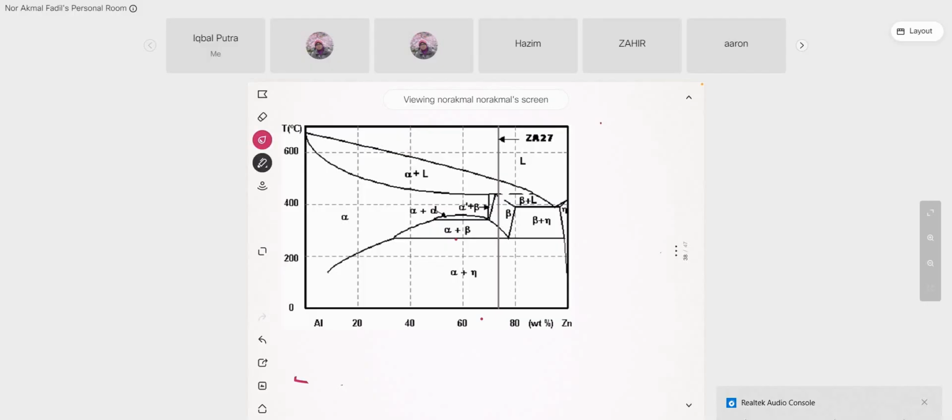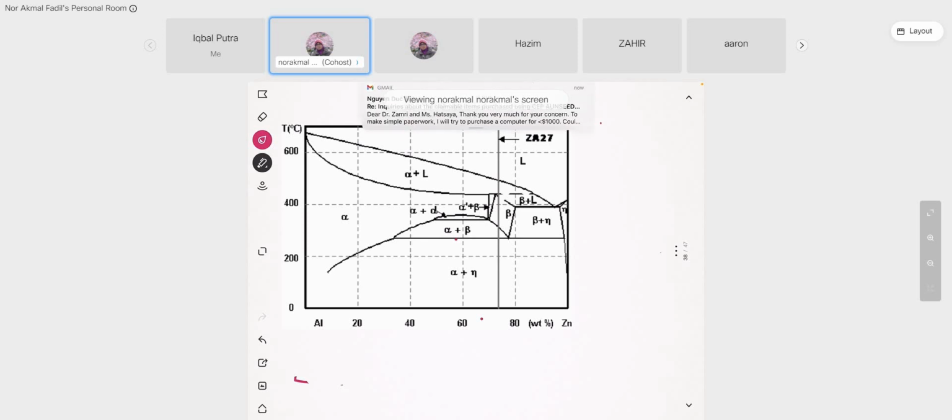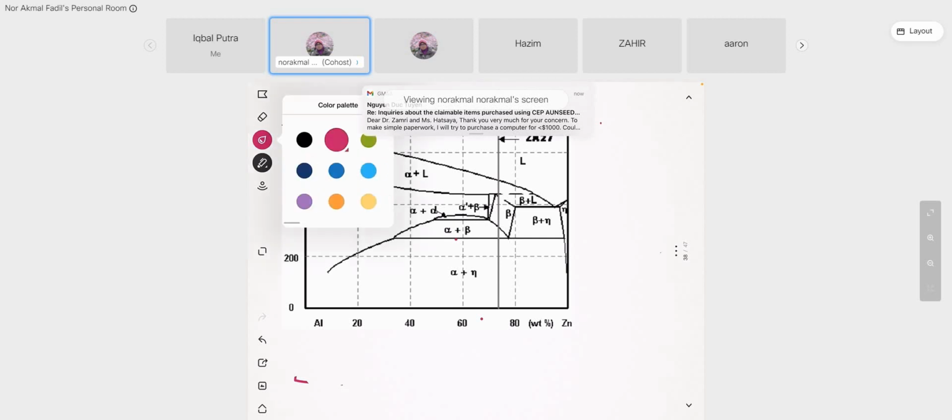Okay, for example, you have this phase diagram, and then you would like to choose one. You will discuss a lot of different conditions during the transformation from liquid to solid. Okay, for example, in this example,